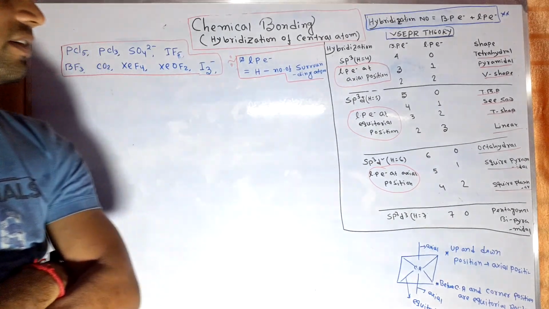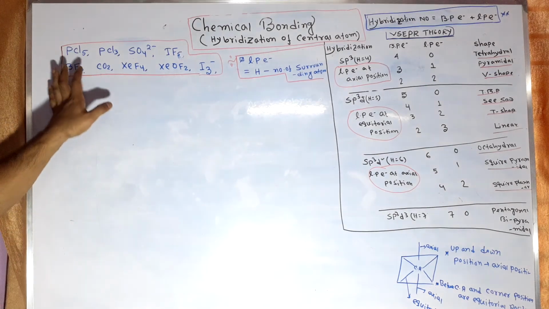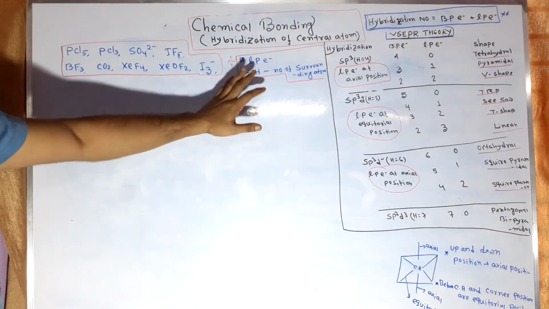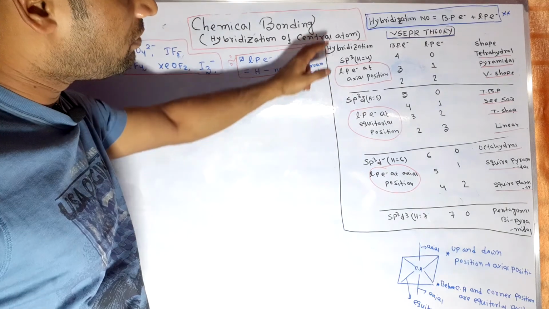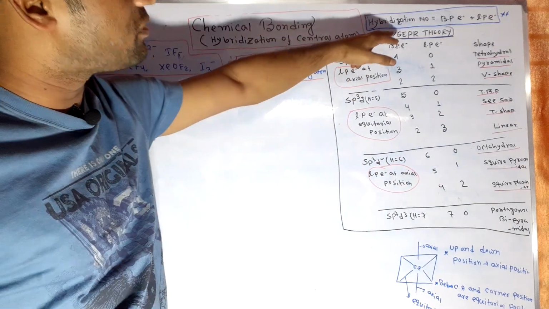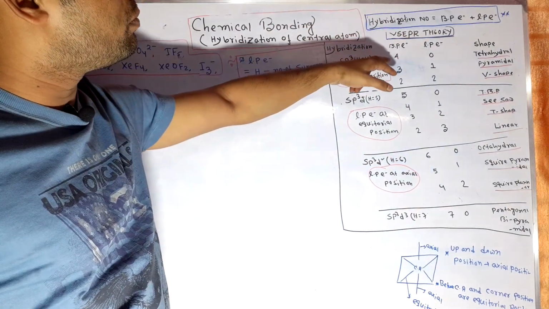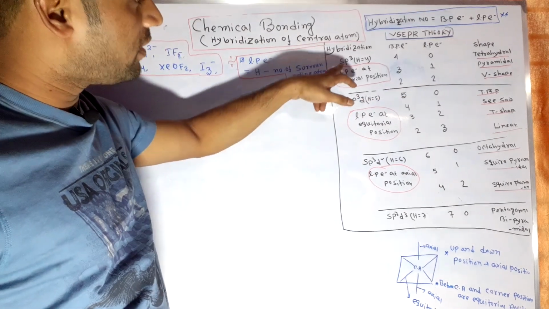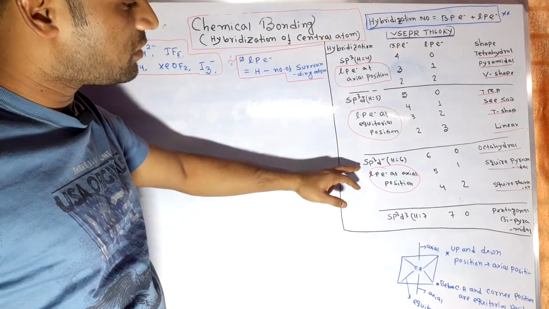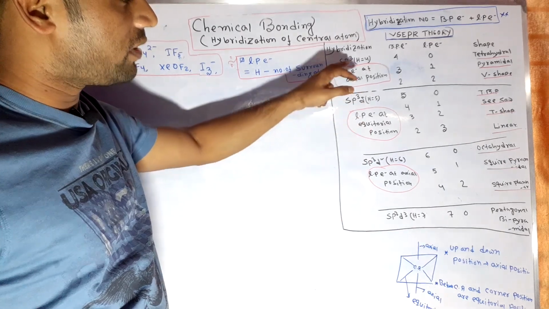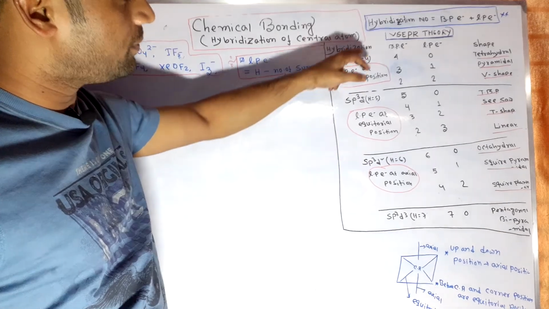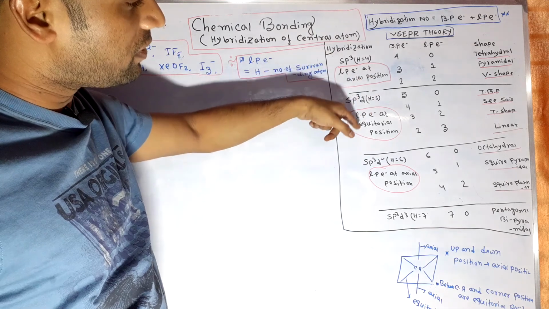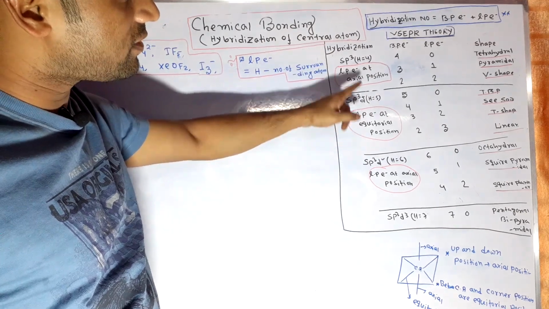Let's start the video. The few examples: for the first time, I read in the previous few data for VSEPR theory, according to bond pair electron and lone pair electron and their shape. Different hybridization: sp3, sp3d, sp3d2 and sp3d3. The few examples are also from the VSEPR model. We write on the board. In the previous lecture I described it.